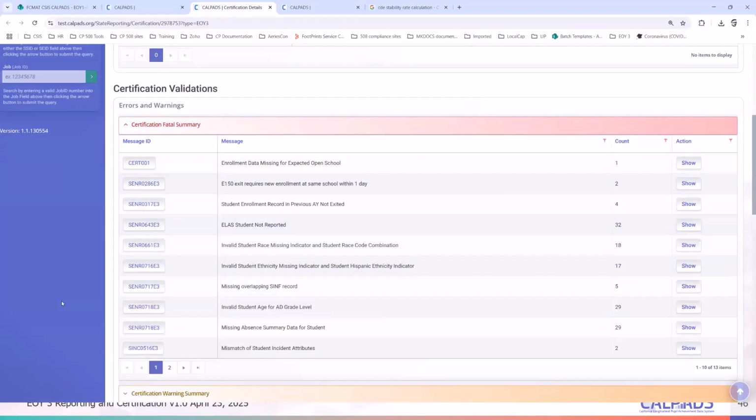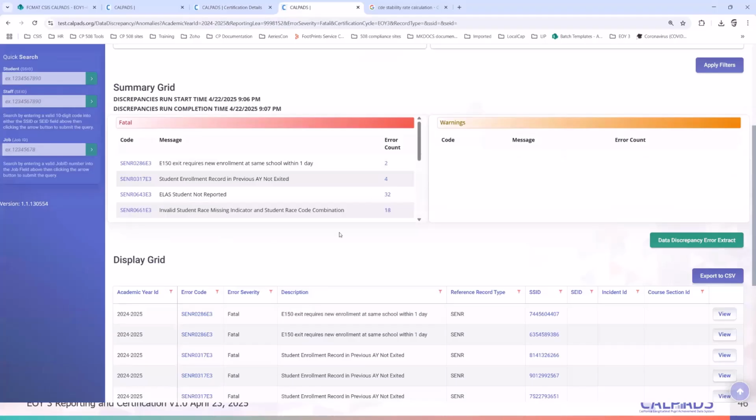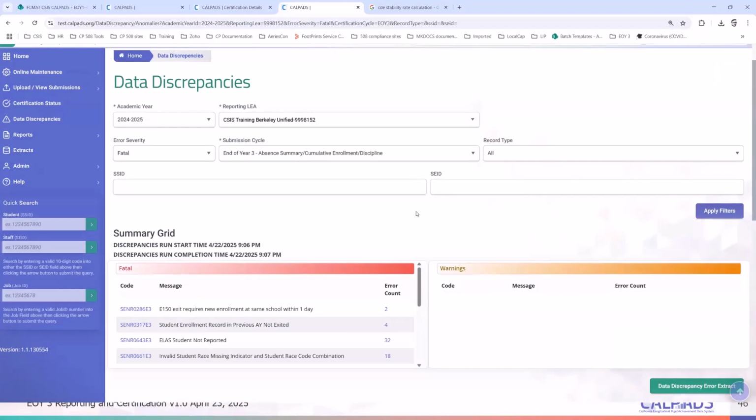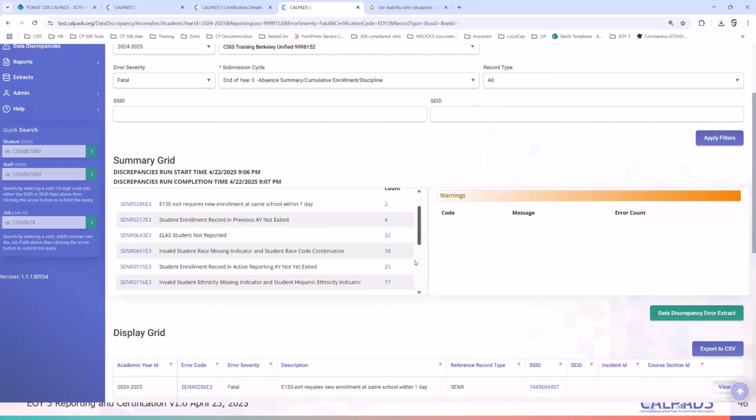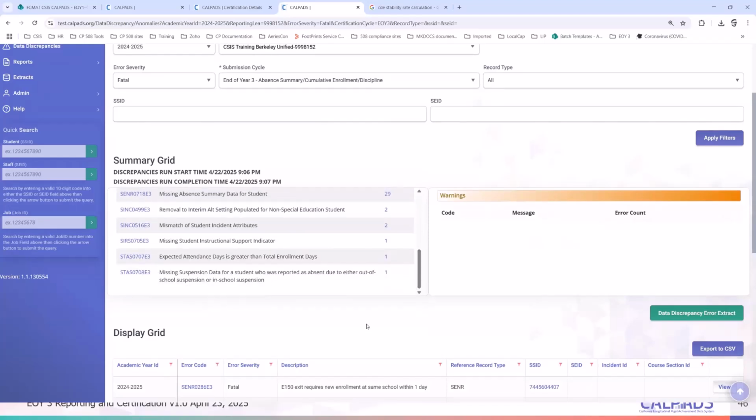Okay, so if you've uploaded data now, it is important that you look at the data discrepancy side. That way you can see a more updated or more current version of potential errors that you would still need to correct. Okay, so let's go to this later.